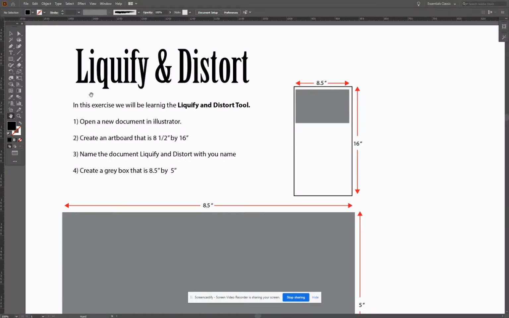All right, good morning. Today we're going to be learning how to use Liquify and Distort tools. The Liquify and Distort tools live under the Width tool. So I'm going to show you quickly how it works with this text at the top. So I'm going to select my text